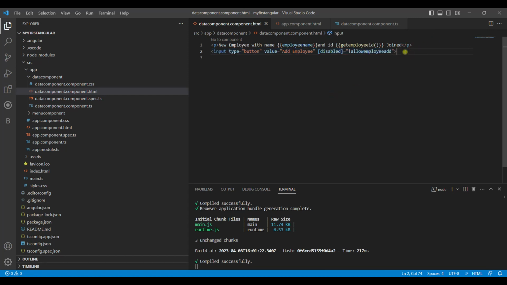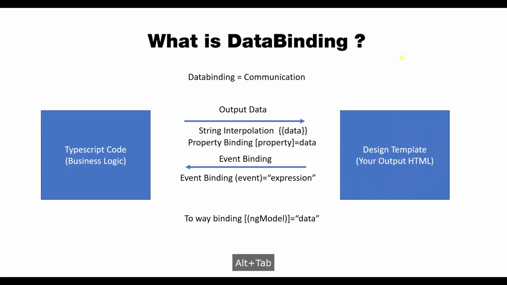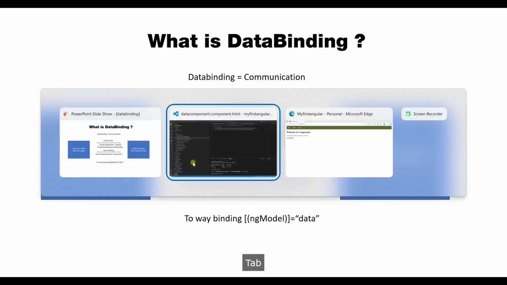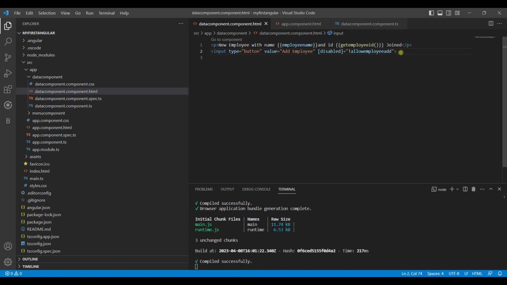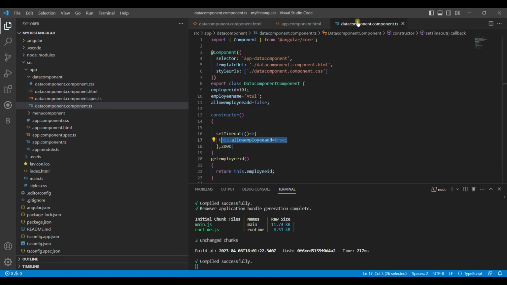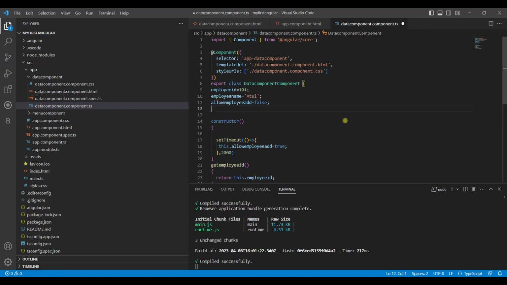It is pretty clear. So now we jump on to the third portion, which is known as event binding. Now what we have to do is have a button over here, which we already have, and then fire an event which is inside your TS file. So for that, first and foremost, we take another variable, and we make it employeeStatus. In employeeStatus we just give a text, no employee added,